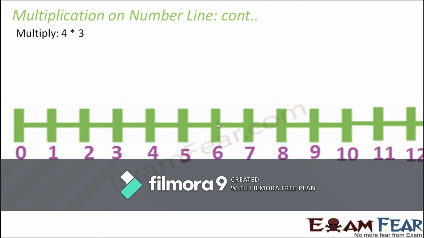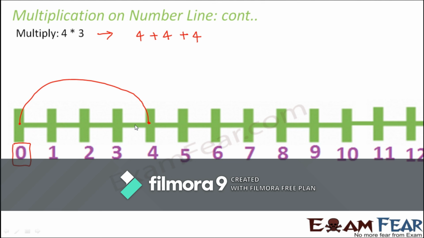Let us now take another example of multiplication, because multiplication might sound confusing to a lot of you. So let's say now we want to multiply 4 into 3. Now what is the meaning of 4 into 3? This basically means that 4 is added 3 times. So this actually means 4 plus 4 plus 4. So first we will have to add 4 3 times. So we will start from 0. From here we add 4. That means we directly go to 4 here.